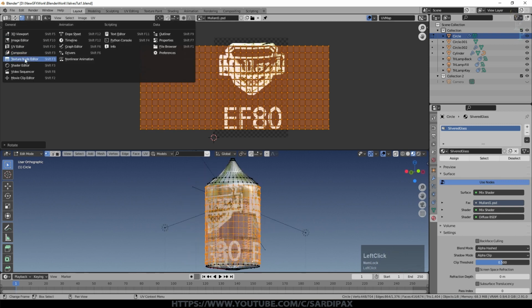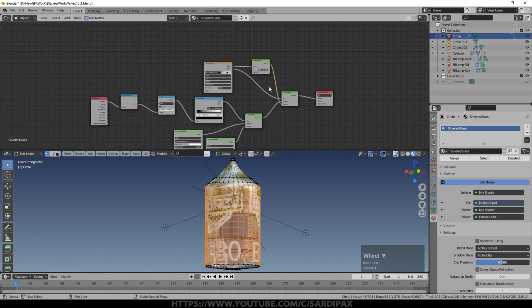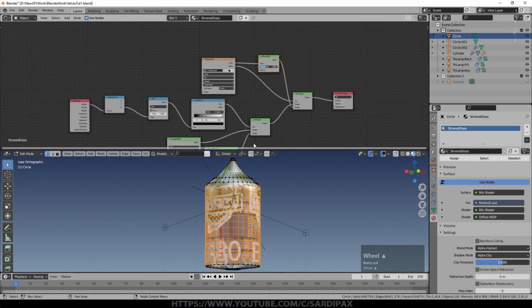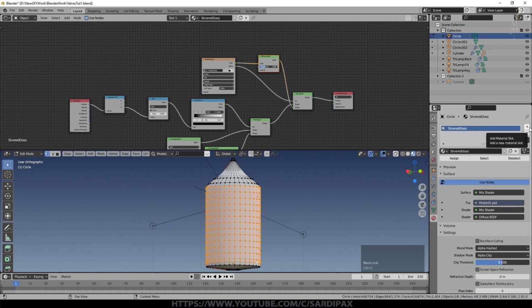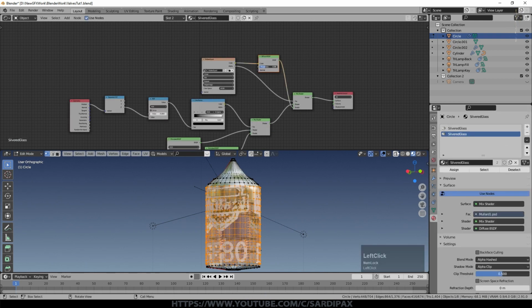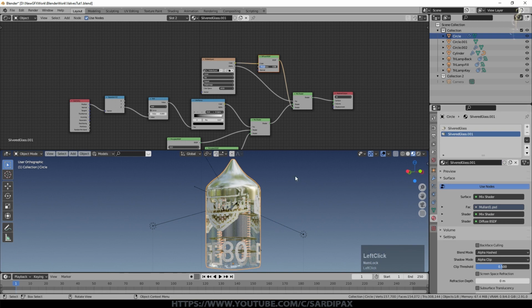So if we quickly go back to the shader editor, what we need to do is to actually have two materials for this object. So I'm going to create a duplicate of this material, silver glass material. And before we do anything else, come out of edit mode and just click that little 2. And I'm going to rename that new material silver decal. Go back to the original material, and I'll just delete all of this stuff. We don't need it. And back to the decal version, and you can see everything's looking fine at the moment, but our decal is missing.